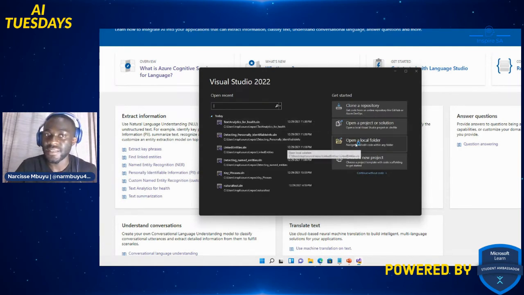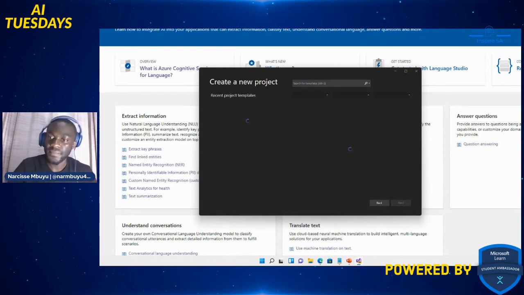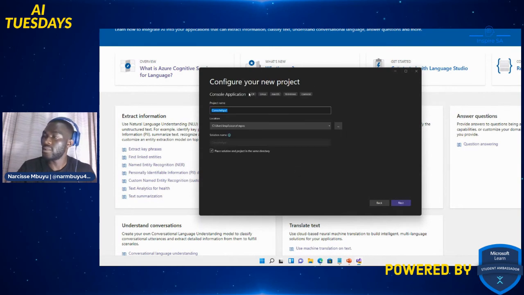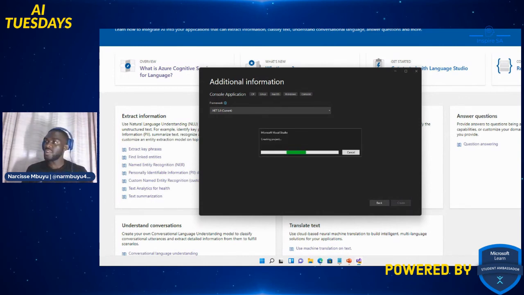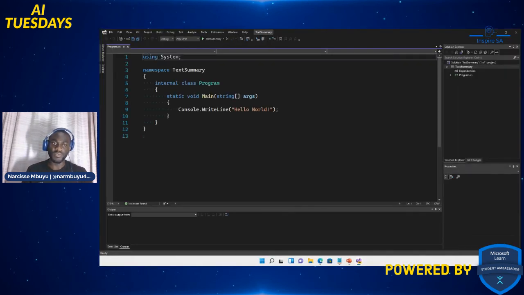Create a new project, and then text summary, console application. And name it text summary. Text summary. Next. .NET 5.0. So this one is a bit different. I'll show you how when you're doing this, basically.